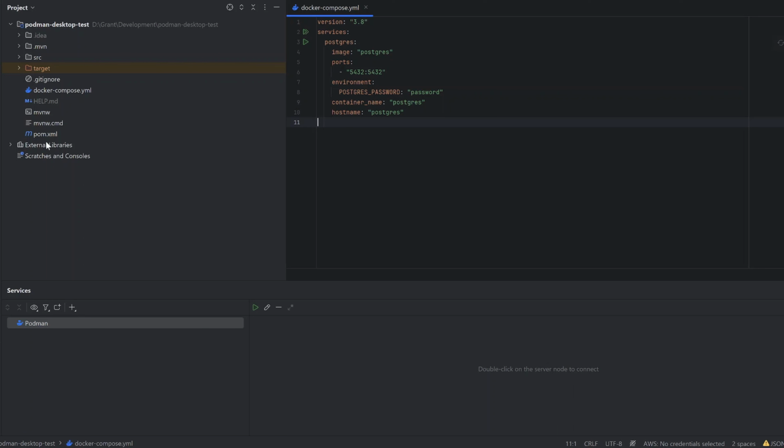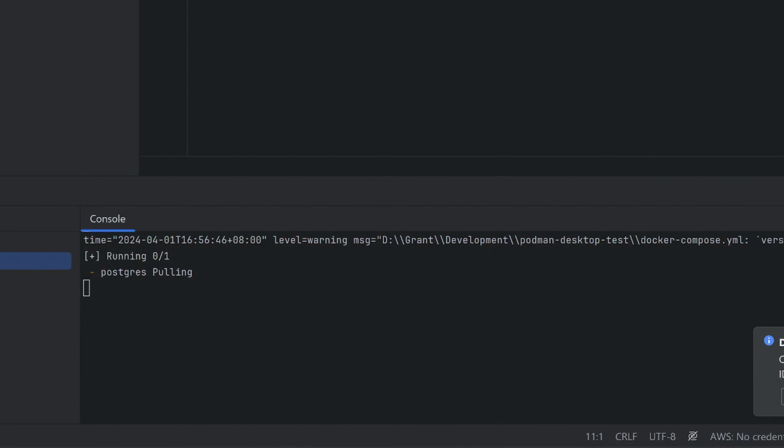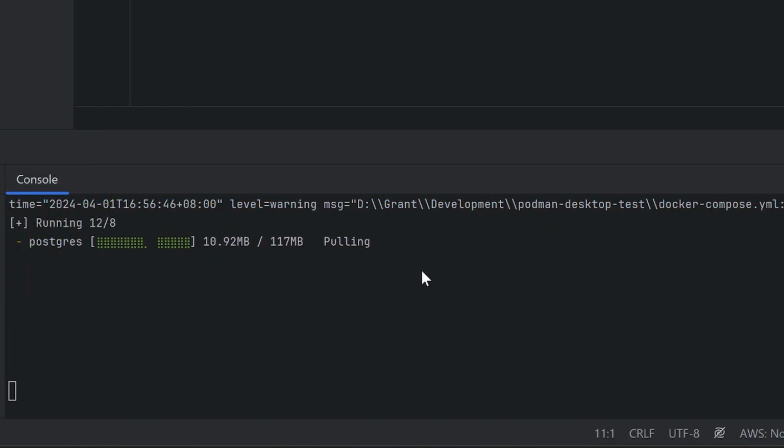Now that we've got Podman set up, let's actually use it. Here I've got a Docker Compose file with a single Postgres database service inside it. To run the Docker Compose file, click on the double arrows, and you can see it starts to spin up Podman in the services section in IntelliJ. We can see it's starting to download the image from the repository. That'll just take a few seconds. Once it's downloaded,